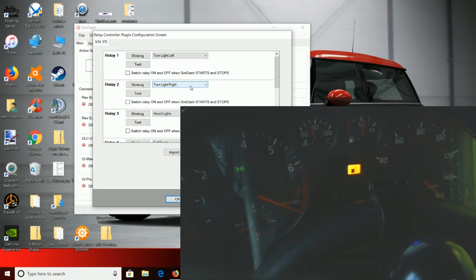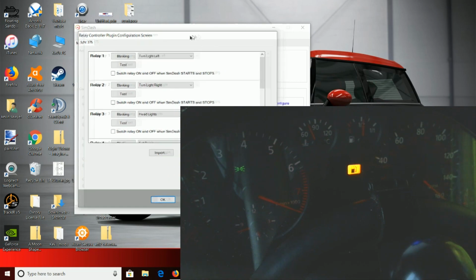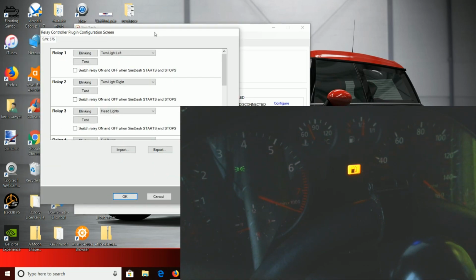Turn signal left too. See, now these are the relay settings. I will go into that as well. You can actually test these. If you've got the relay package, that's also on the site. Look, if you press test, you can correlate what it does. So then, if you put that input into the game, it comes up with the relevant